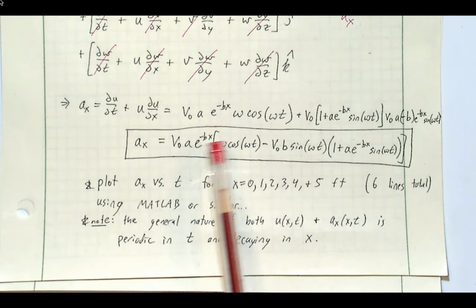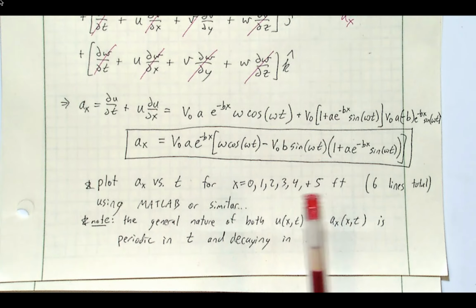And it decays in the x direction. So the x dependence is always this e to the minus something times x, e to the minus bx, where this b is a decay parameter. And the decay parameter is 0.2 over feet, so we have 5 feet, and the decay parameter is 0.2, inverse feet. The decay will be appreciable then. And then we'll see periodic in time. So that's what we should expect. Okay, so